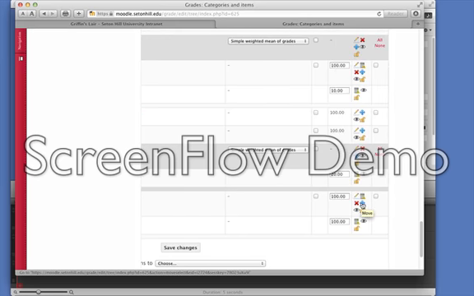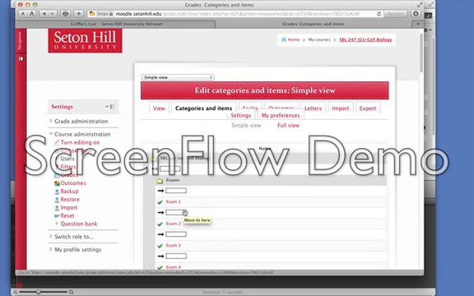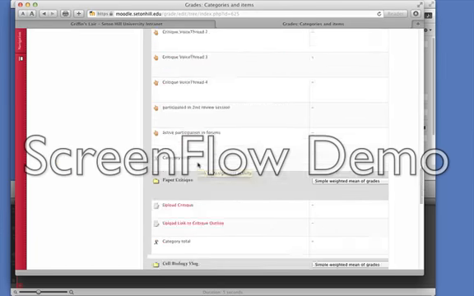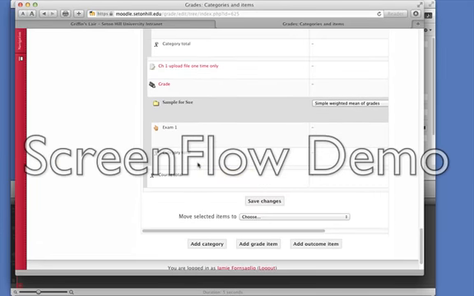Click here, this blue thing that says move. Move. Okay, yeah. Click it one time, wait for this to load, and it will ask you where you want it to move. So I'm putting it under sample for Sue. Okay, move to here. Yeah. And so now when I scroll down, it says sample for Sue, exam 1.